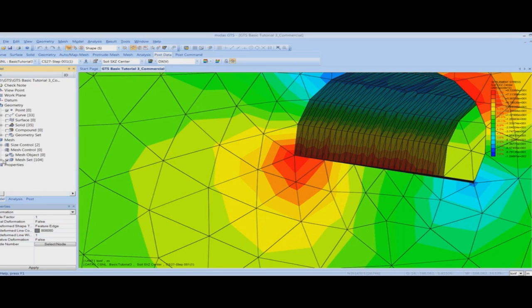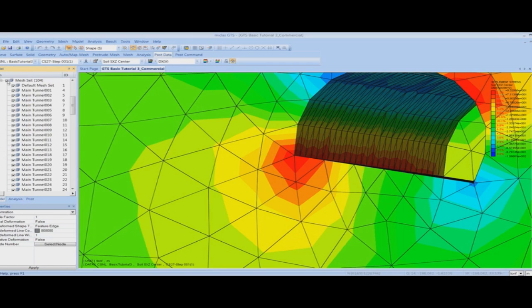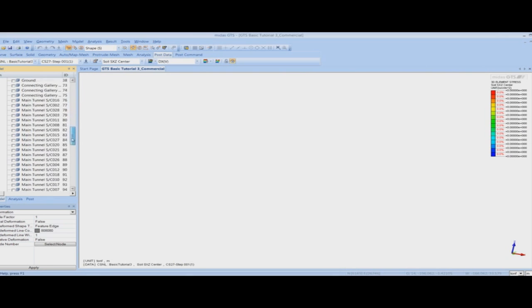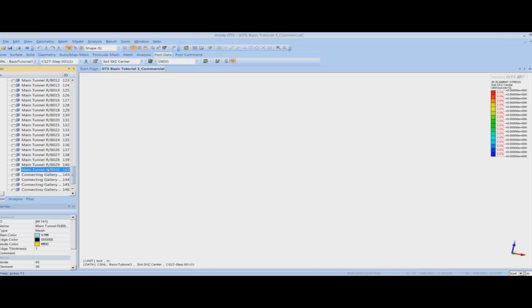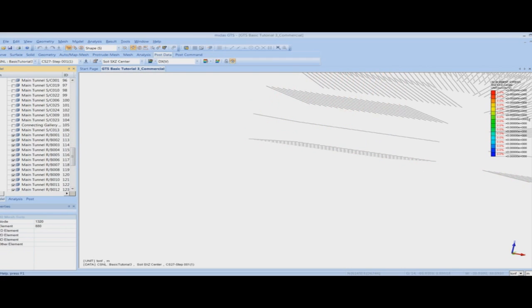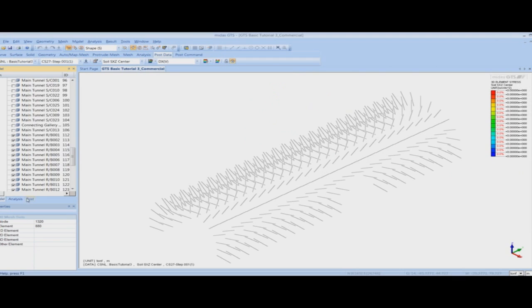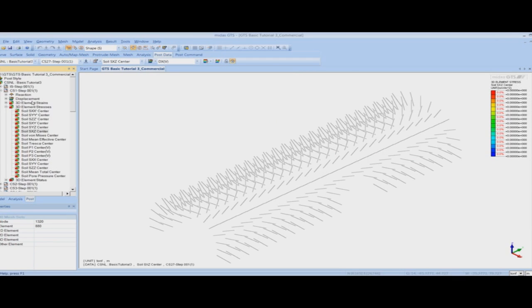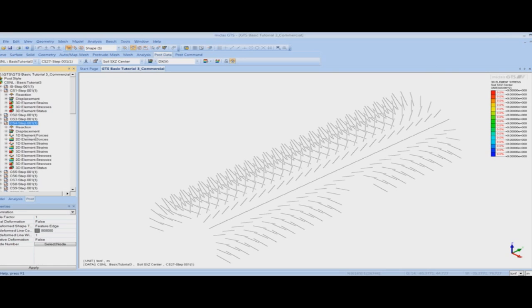Let's see the results for the rock bolts now. For that I will just activate the tunnel rock bolts. So this is the mesh set for tunnel rock bolts, and if I want to see the stresses in the rock bolts, then I can go to 1D element forces or 1D element strains, or 1D element stress can also be obtained.